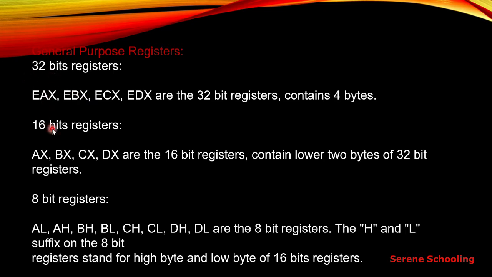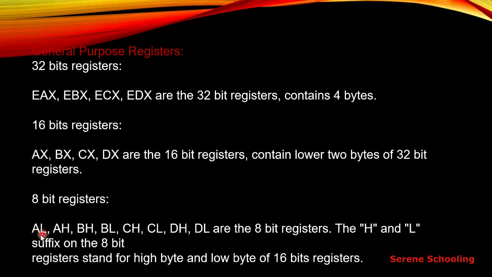But if you see at the next place, here we have 16-bit registers, and because here it is 16, we don't use the term extended here. It's just AX, BX, CX, etc. And if we divide 32 by 2, we get 16, meaning the half part of 32 is 16. It is the lower part of the 32-bit registers, which is called 16-bit registers. And further, if we divide 16 into two parts, lower and higher part, we get the 8-bit registers.